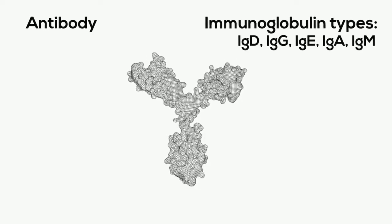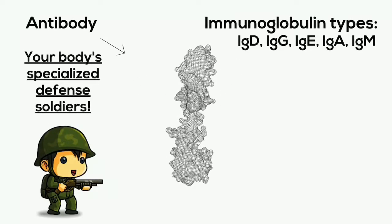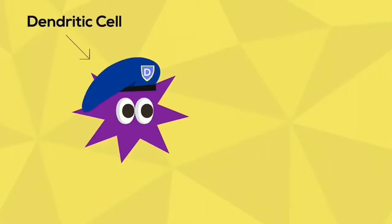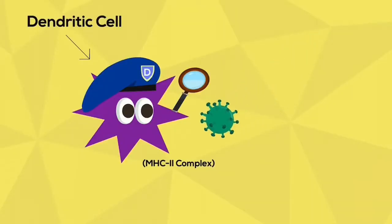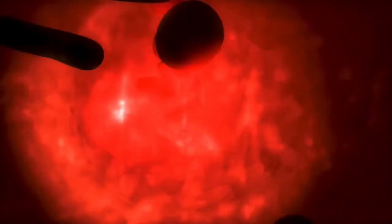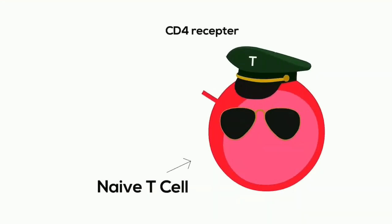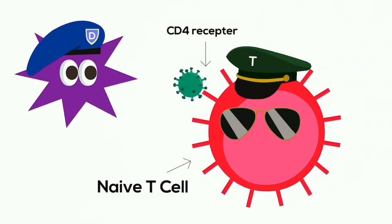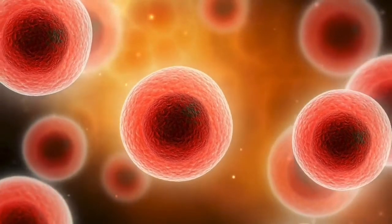First off, antibodies are your body's specialized defense soldiers against antigens. Dendritic cells are the spies. Once the antigen is identified, this begins the primary humoral response. They deliver the message to lymphocytes. The antigen is then presented to an appropriate T cell. This then activates the naive T cell to become a helper T cell, proliferating and differentiating into helper T cells